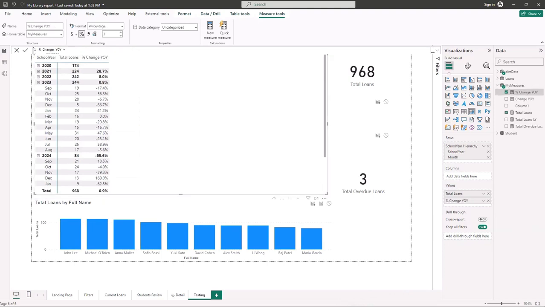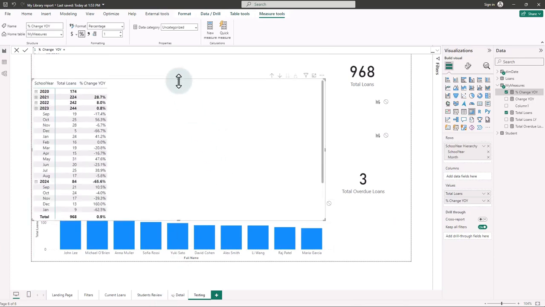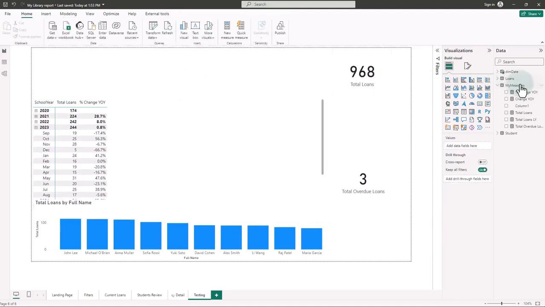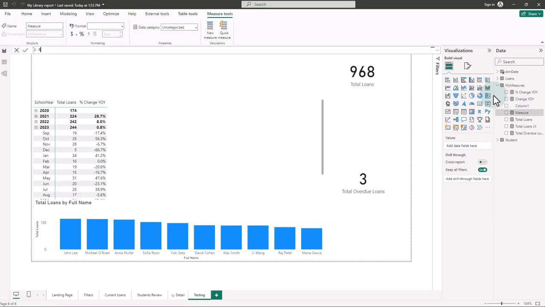I'm now going to demonstrate a measure that you can use for report headers to make them dynamic. I'm going to create a little bit of space for myself there. Click on some white space. I'm going to right click on my measures, and then select new measure. I'm going to call this report header 1, and then equals loans reporting hyphen, and then close the quote. Then we'll do an ampersand,